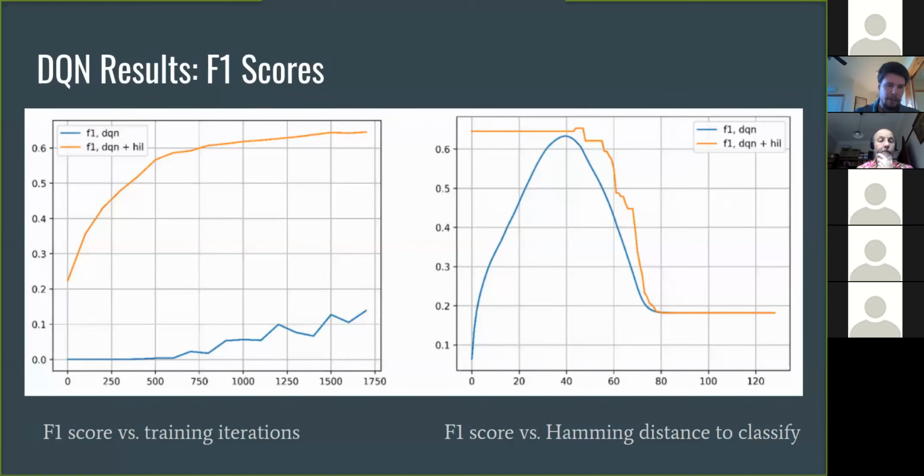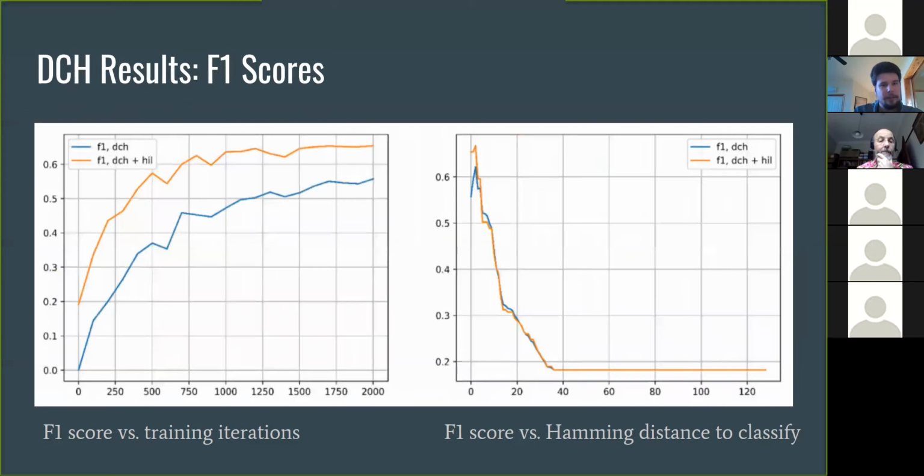On the right is its accuracy given the Hamming distance ball that you're going to consider for the closest match. So the bigger this number is, the bigger the Hamming ball, and the more likelihood that you have a false positive in there. And as you can see, it doesn't really matter what you use for that. You'll get the peak performance that DQN would have gotten anyway. And you get similar results in the other networks individually,